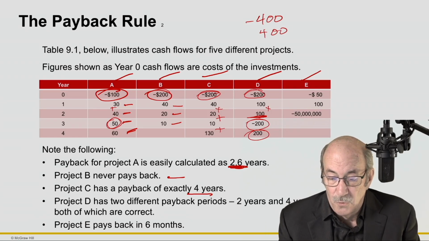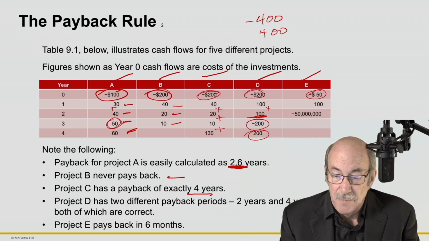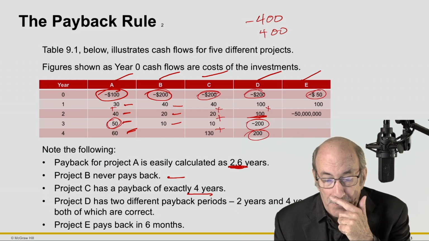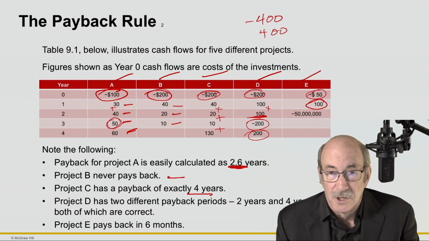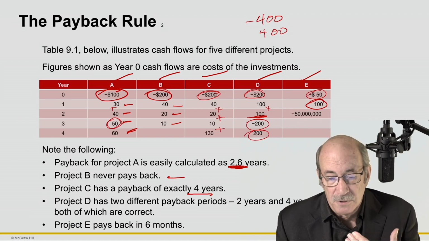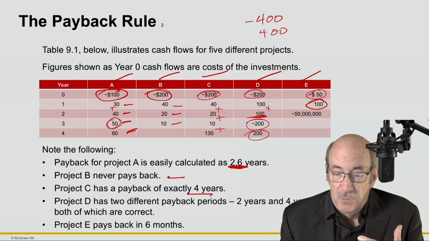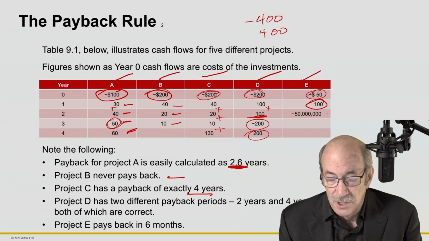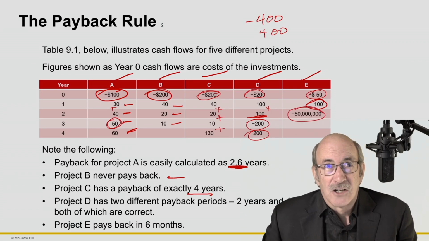And then this final one, Project E, has a payback of 6 months. So we pay $50 to start with, and then we generate $100 through year 1. So halfway through year 1, we would have our $50 paid back. The problem with Project E, and the problem with ignoring future cash flows, is that there's a massive cash outflow